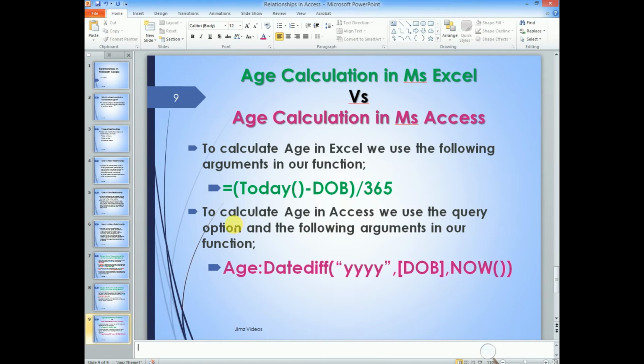When you come back to this presentation, it says to calculate age in Access, we use the query option and the following arguments in our function. So you will of course have a column where you want to put the age, which will probably be called age. Then you start the function with a colon, write the function DateDiff, to mean the difference between the dates, open brackets, open quotes and type in 4Ys to represent the date format,